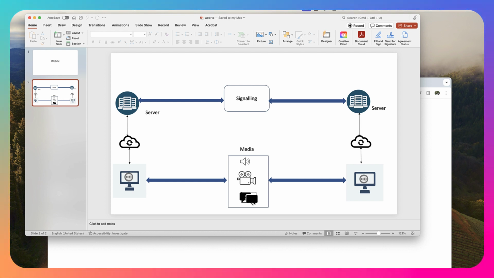So this is a high-level overview. Here you can see there are two users who are using the browser on their machine. Initially, in order to communicate, we have to go through a server just to establish initial communication with the other user. So you definitely need a server app for that. But once the communication is established,